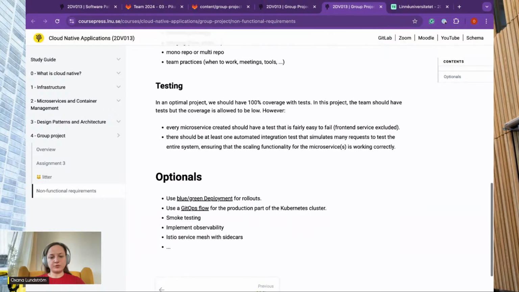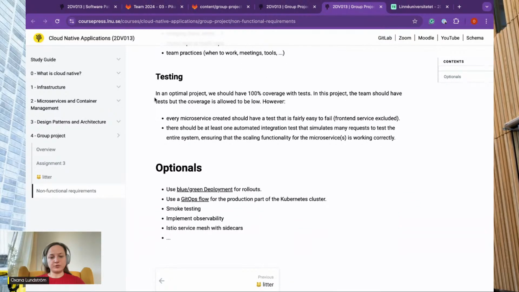Another non-functional requirement is in testing. So in an optimal project, we should probably have 100% test coverage. We should have integration tests, load testing. We should do all sorts of things. Here we are, however, limited.